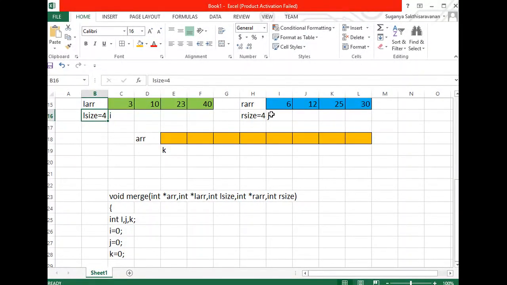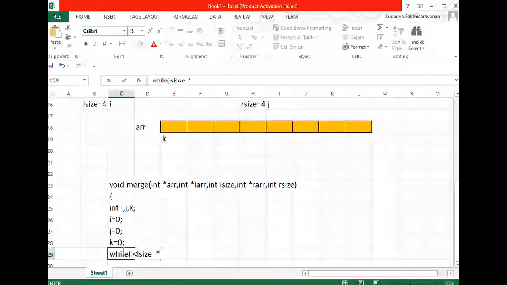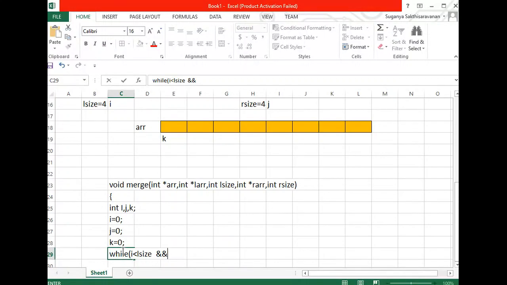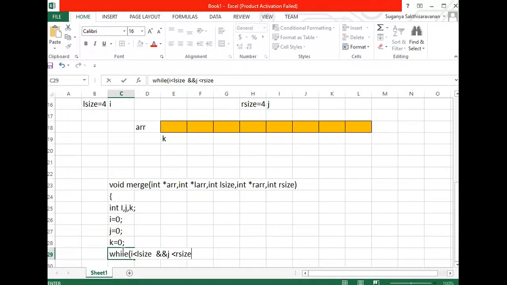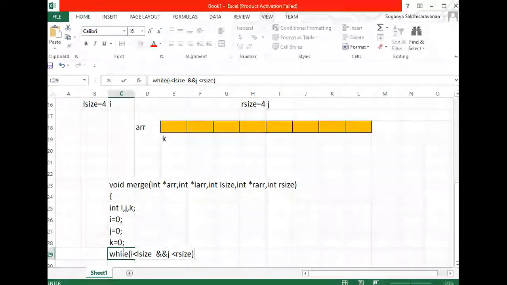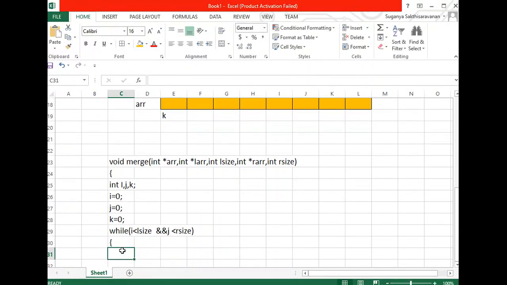In the same way, until your J value is less than your R size, the J pointer is going to travel. So this is the condition you're going to apply: while my I value is less than your L size and your J value is less than your R size. Is that clear? Until your I value is less than your L size and until your J value is less than your R size, I'm going to perform the checking condition operation.